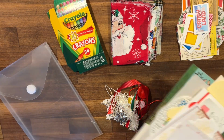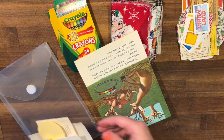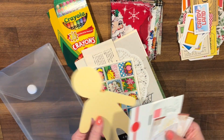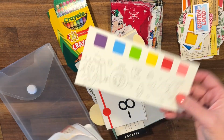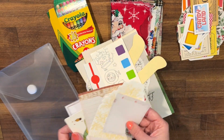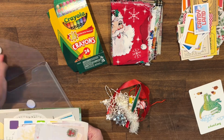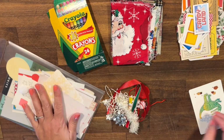Hey friends, let's pack a crayon box mini Christmas journal kit. So I'm adding in a bunch of vintage papers and stickers and all kinds of ephemera to this kit. Lots of things that I've collected, and it's going to go in this nice little plastic envelope to keep everything